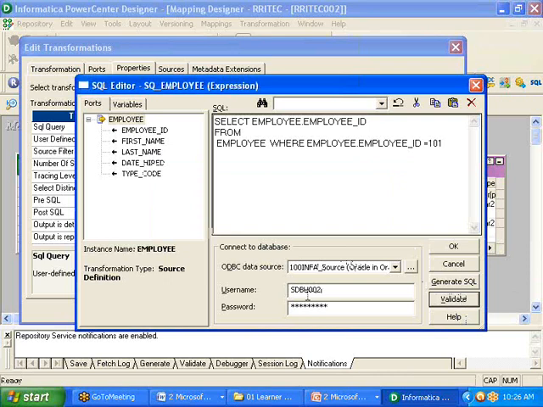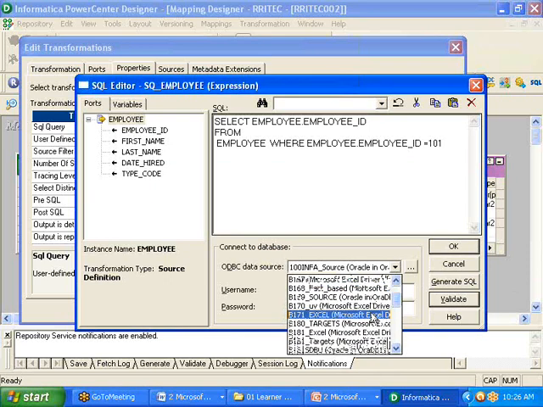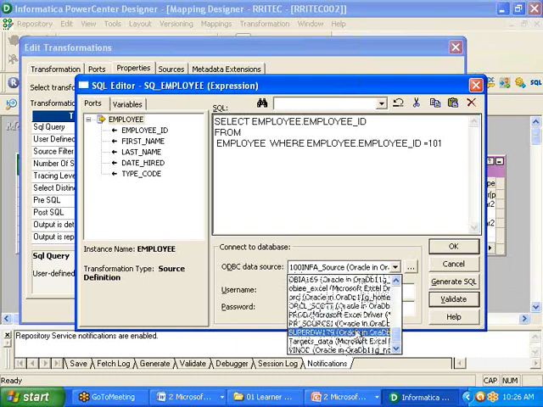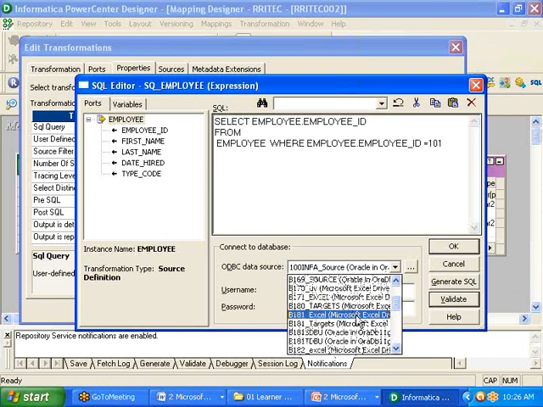Our connection is what, sir? SDB 002 only, right? But what is the ODBC data source connection, sir? Did I select it correctly? What did we give? Yesterday we created it, right? What is the name we gave? RRITech source or what?